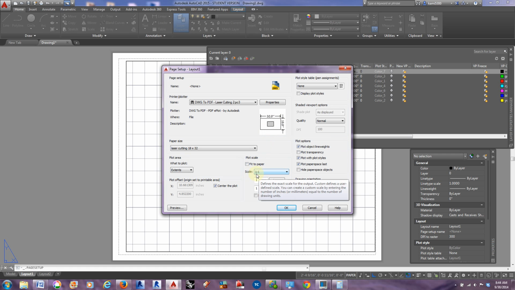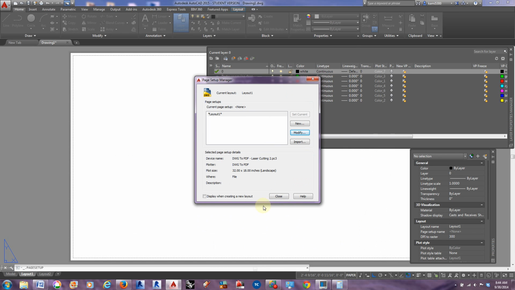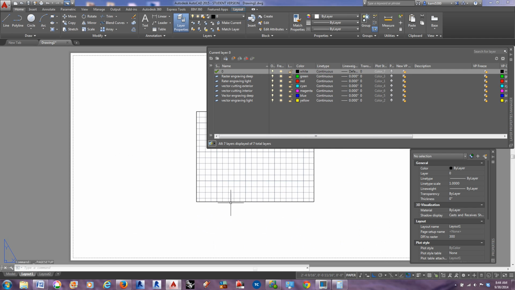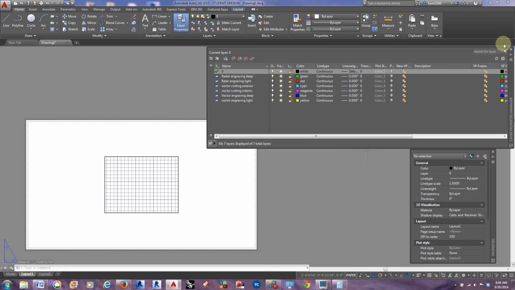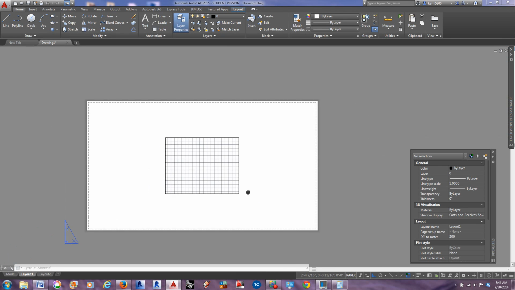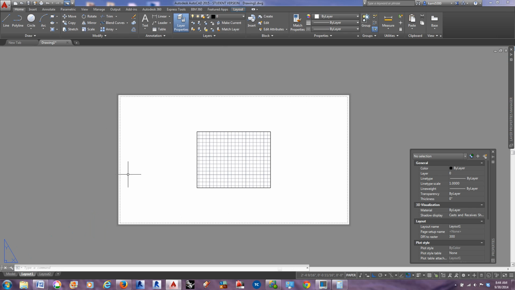And we want this plotter scale to be 1:1. And we're going to click OK and close. And you'll now see that, let me minimize this. We have a paper space here that changed from 8.5 by 11 to our 18 by 32